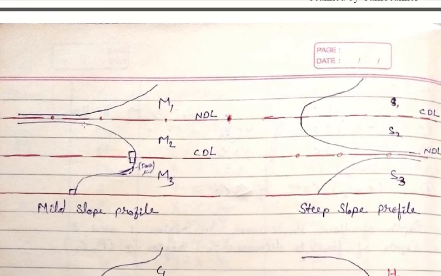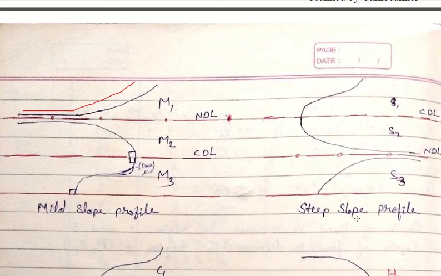And now the profiles. In the first region, the profile of the water increases. In the second region the profile decreases, and it will meet the CDL line at 90 degrees, perpendicular to the CDL. For N3, the profile will make 90 degrees at the CDL, and it will increase and again meet the CDL at 90 degrees. So here is 90 degrees.